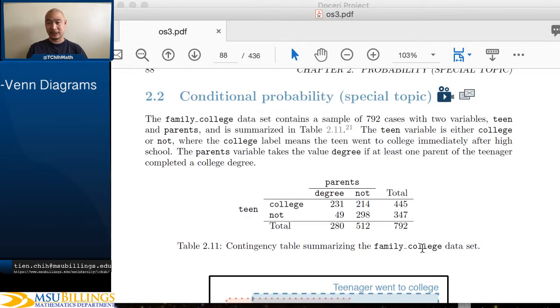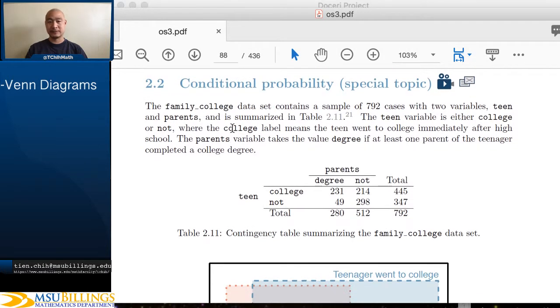And this is based off of a data set collected by the authors here,